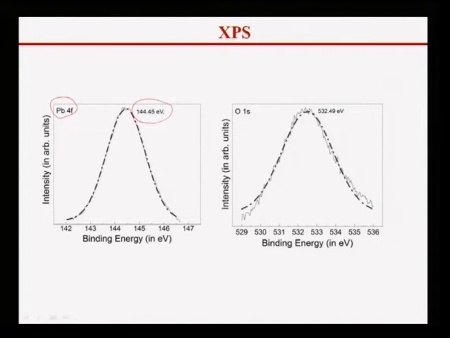Basically XPS is a plot between intensity and binding energy. This can be easily fitted with the lead 4f state, and in fact I am not going to talk about it; it can be done even better, which I will discuss in detail when I do the XPS discussion. And oxygen is the 1s state, so therefore it is PbO, not Pb3O4. That can be confirmed. So one can use these techniques to make the understanding of the whole process very clear. To understand the wear mechanism of these nanocrystalline copper lead alloys, we need to use these spectroscopic techniques, both advanced surface characterization techniques and also bulk, to know what is happening there.